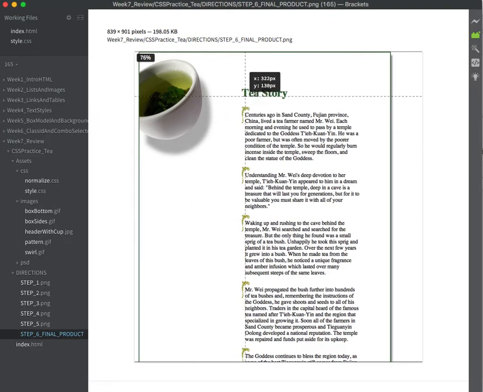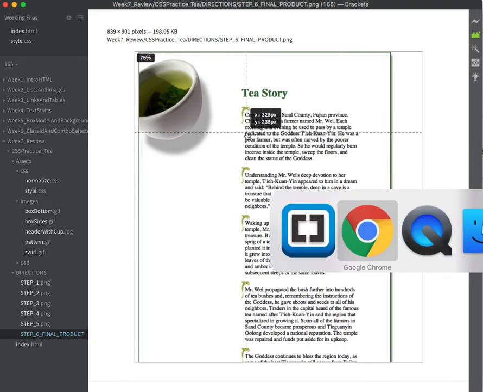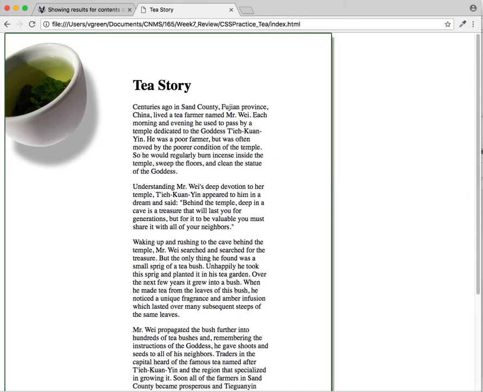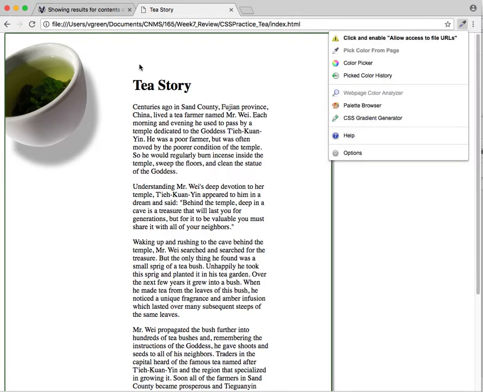I need to make this heading green, and I need to add a little bit of a design to those paragraphs. Okay, let's do the green first. It wasn't really specified what color, so I could use a color picker. If you had your color picker installed here, I could pick from the page, ColorZilla. Pick color from page. Oh, picking